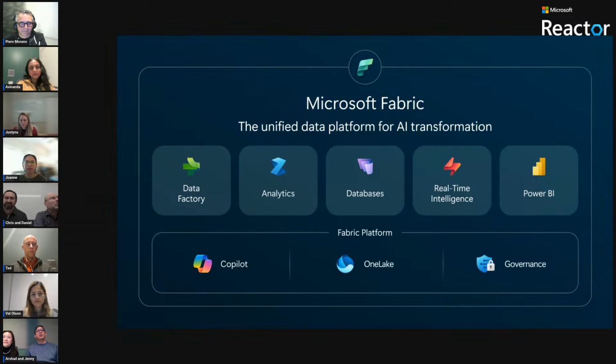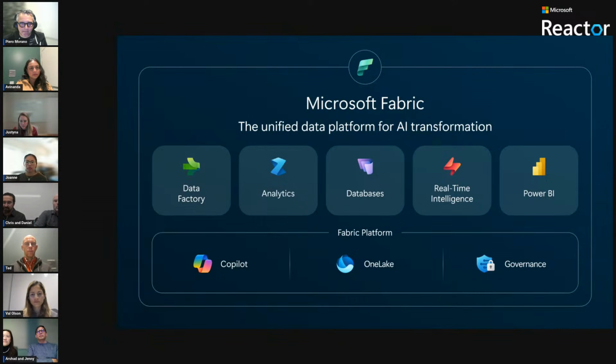Before we dive into the Q&A, let's set the foundation. Microsoft Fabric unifies the full spectrum of data analytics into a single SaaS platform. Much like Office 365, which unifies productivity apps, Fabric brings together the key workloads needed to work with data. For example, Data Factory simplifies integration, connecting and transforming data from across the cloud and on-premises sources.